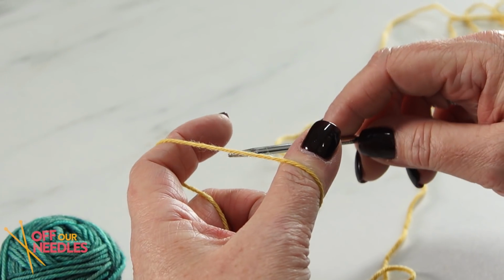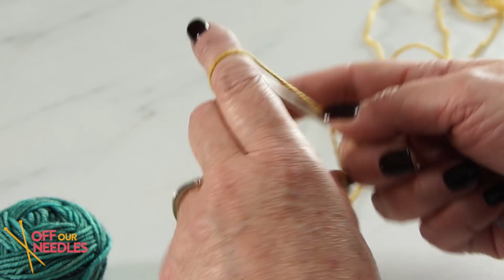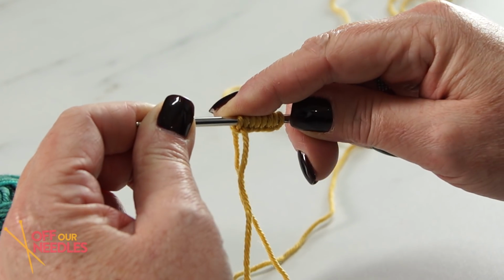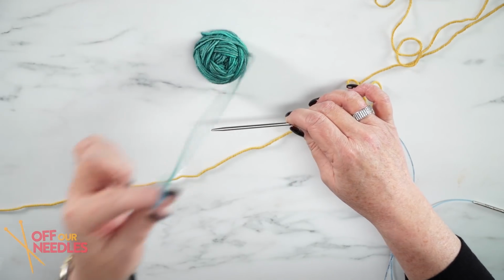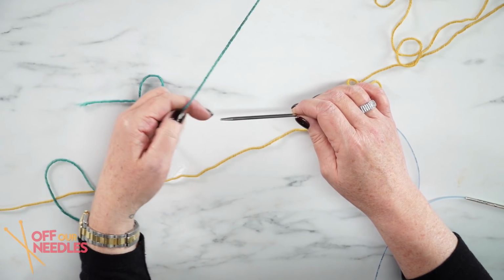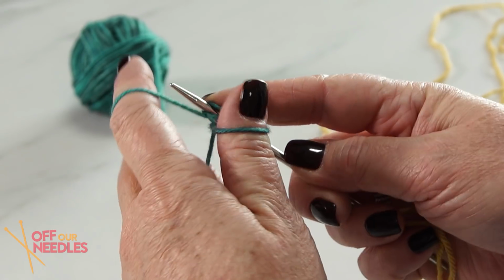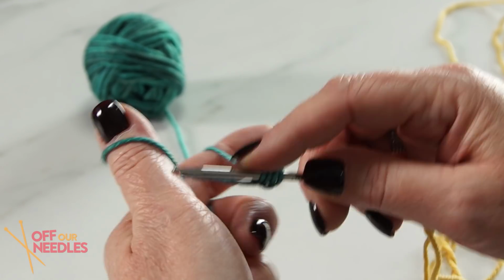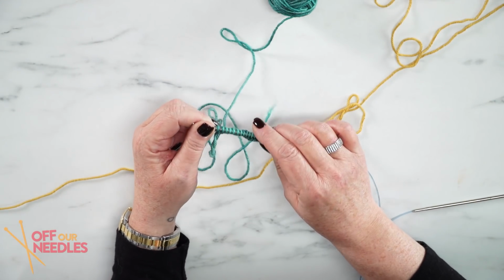So what I'm going to do is cast on half the amount of stitches for our first sock. Okay, so that's 8 stitches, half the amount that we need for our first sock. I'm going to leave that alone right now. I'm going to pick up our second color, and now I'm going to cast on all of my stitches for my second sock, which would be double of my first. So I'm going to cast on 16 stitches. I am using a long tail cast on, but you can use any of your favorite cast ons for socks at this point. Okay, I have 16 stitches, which is all of my required stitches for my sock that I'm